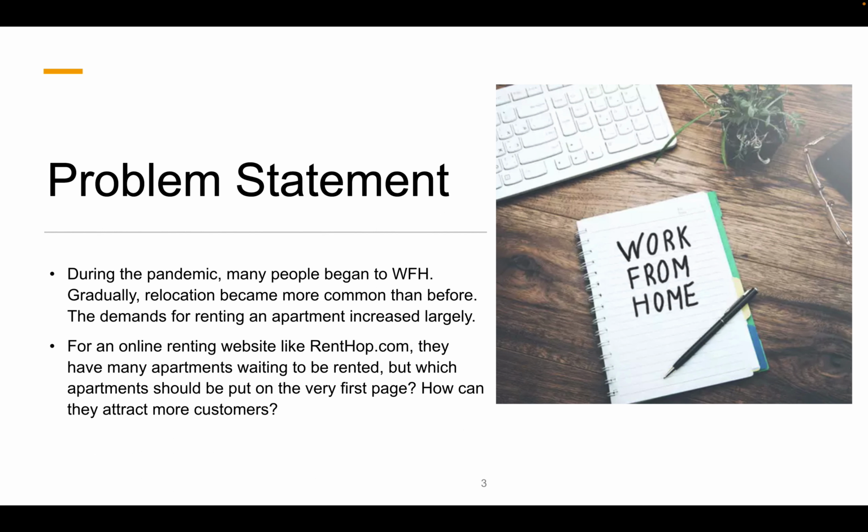During the pandemic, many people began to work from home. Gradually, relocation became more and more common than before. The demands for renting an apartment increased largely. Typically, people start by searching for apartment information online, then they go on a field trip to those apartments that